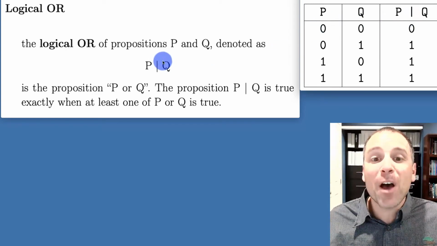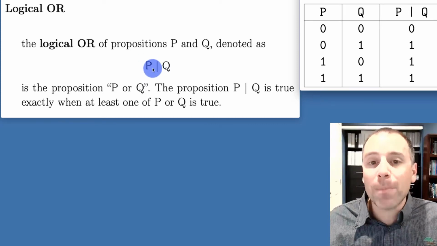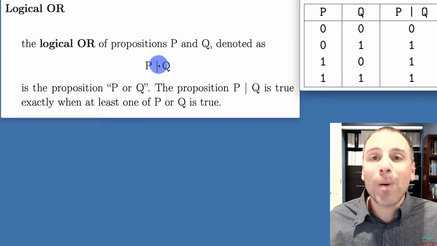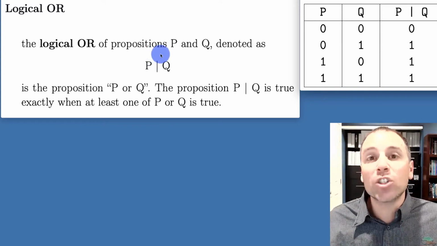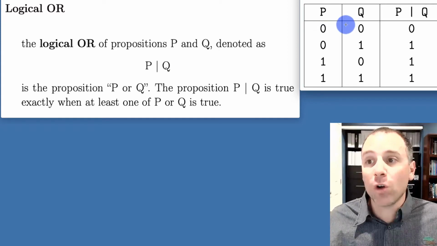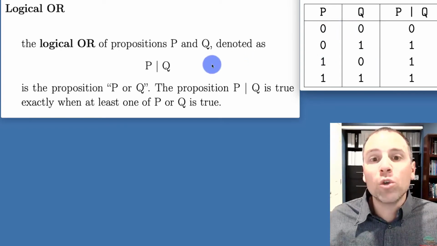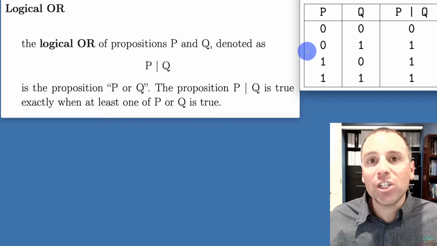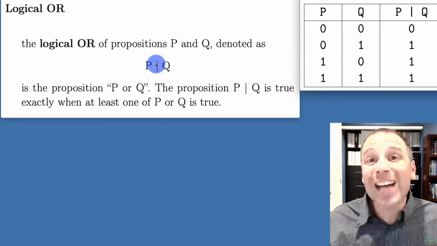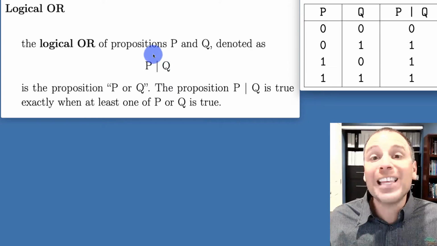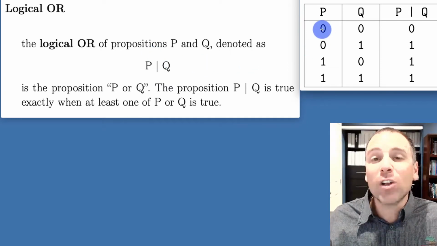Specifically, we see that the general form of the operation involves two component parts. It involves a proposition P and a proposition Q. Each of those component parts has two possible truth values. So P can be true or false, and Q can be true or false. In other words, there are a total of four possibilities: P false, Q false; P false, Q true; P true, Q false; P true, Q true. Remember, when we're doing the P or Q operation, we say that P or Q as a proposition is true exactly when at least one of P or Q is true. So let's take a look at each row.